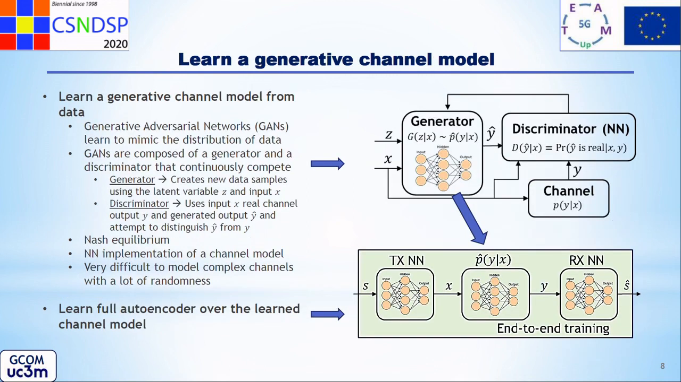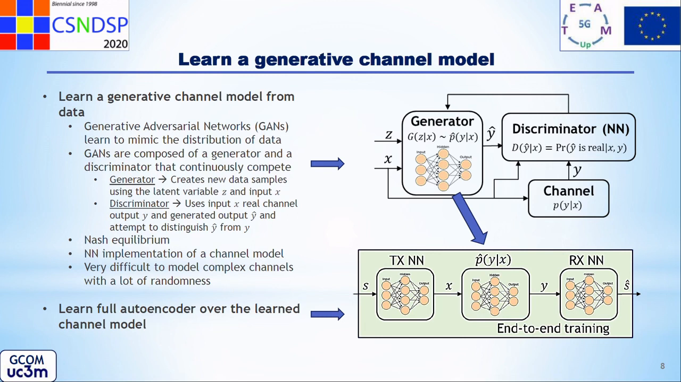The second solution aims to learn a generative channel model from data. Generative adversarial networks learn to mimic the distribution of any type of data. They are composed of a generator and a discriminator that compete with each other. The generator creates new data samples, y hat, using the latent variable set,